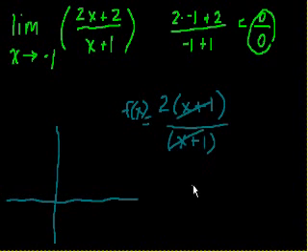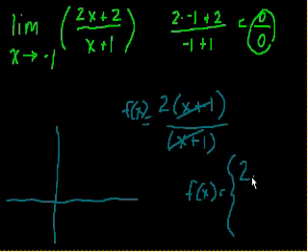And so really we see that f of x is equal to 2 when x does not equal -1. And we saw when x is equal to -1, it's undefined. So undefined